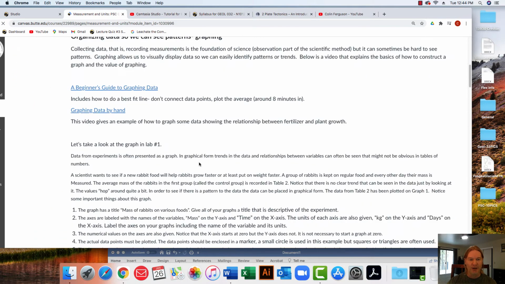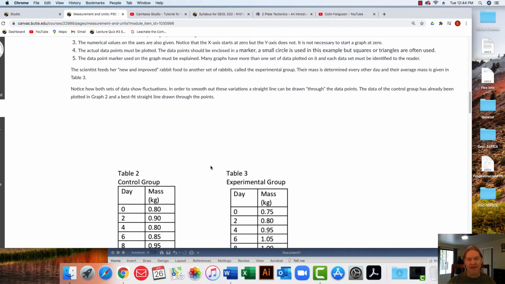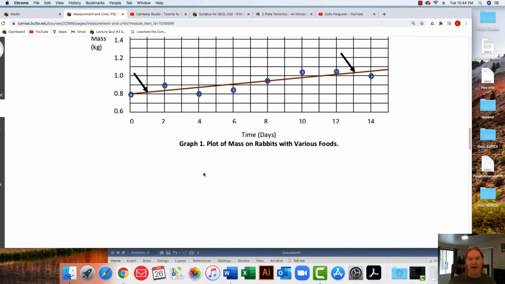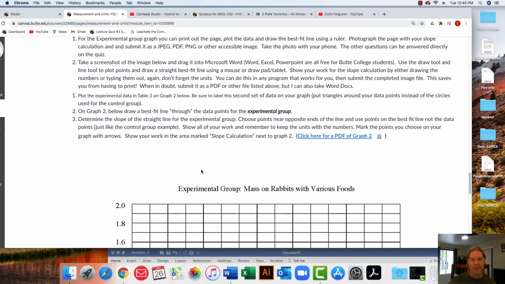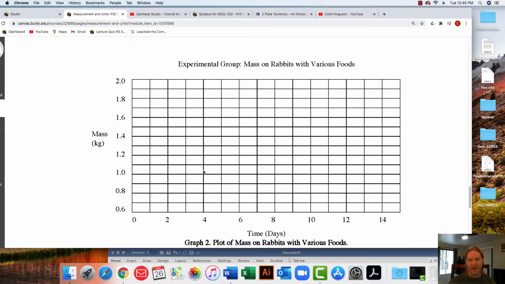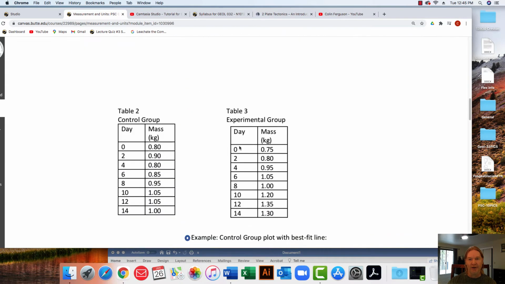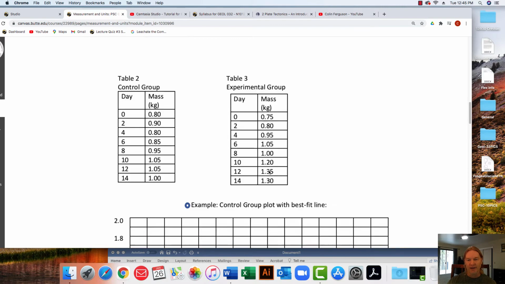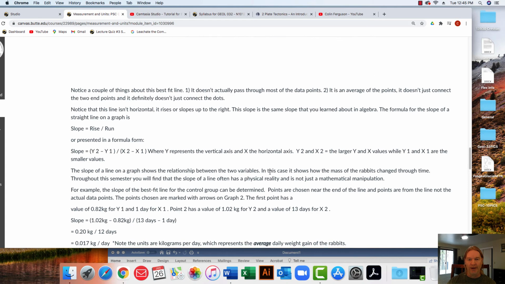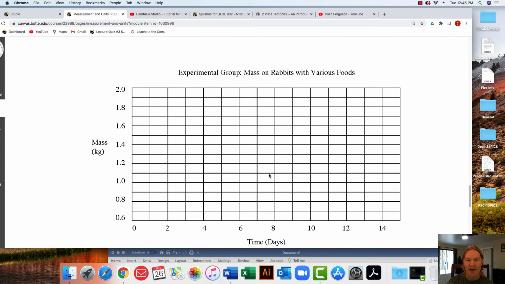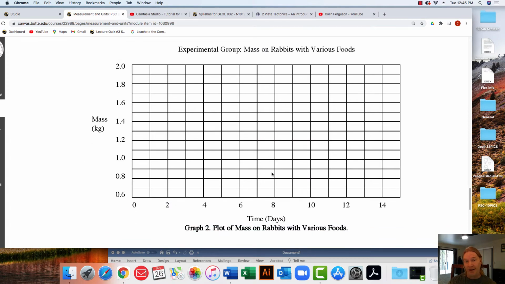And I'm supposed to plot a best fit line on this graph and calculate the slope. So here's the graph, and the data that I need to plot on there is right up here. So a quick and easy little thing to do is to screenshot this rather than print it out and do everything by hand, and then import it into Microsoft Word. I have a Mac, so I'm going to use